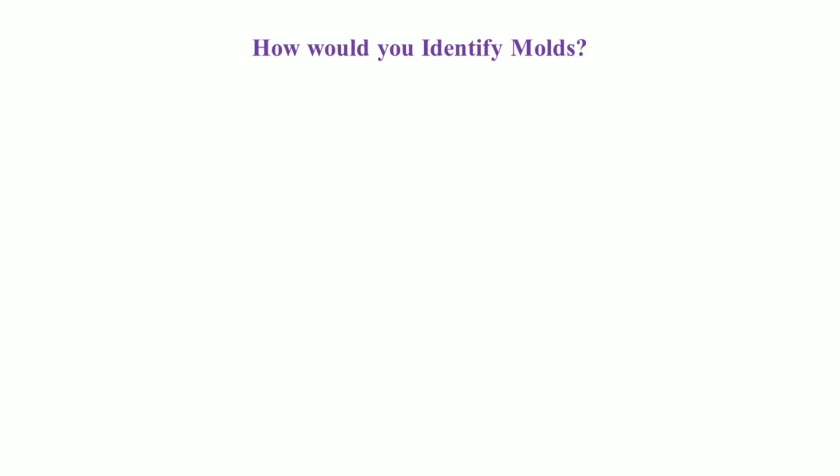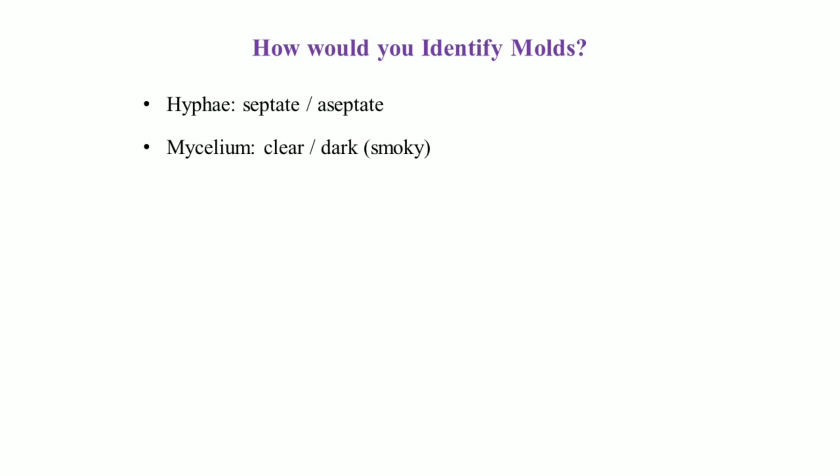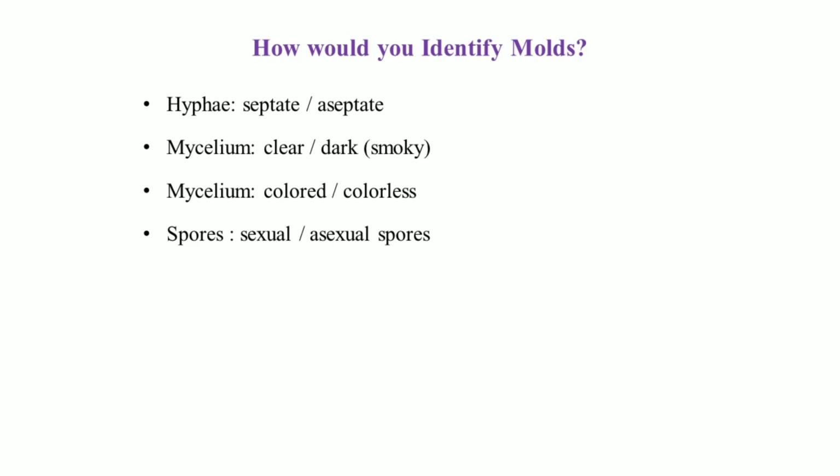How would you identify molds? The following criteria are used for differentiation and identification of mold. Hyphae, whether the hyphae is septate or aseptate, whether the mycelium is clear or dark, whether the mycelium is colored or colorless, types of spores, whether sexual spores or asexual spores,